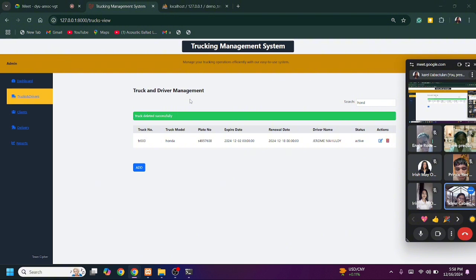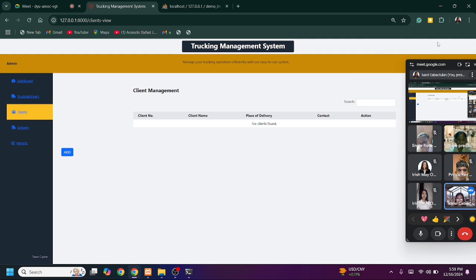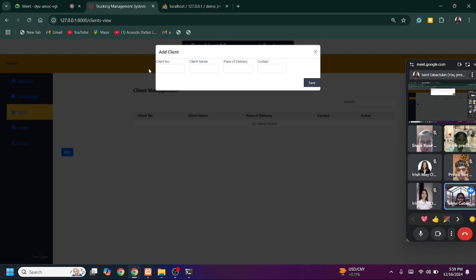Now let's move on to clients. This will be the interface of the client management. Same process as with the truck and drivers. We have here an add button. If you click the add button, it will pop up a modal which is necessary for us to add the data.